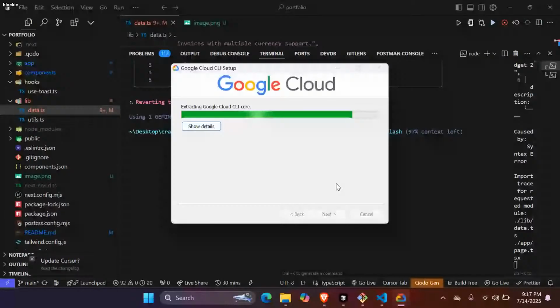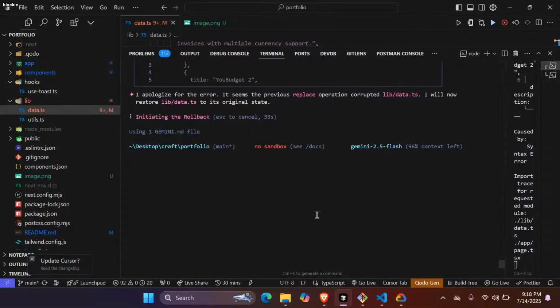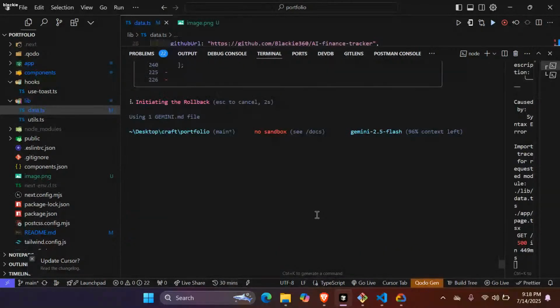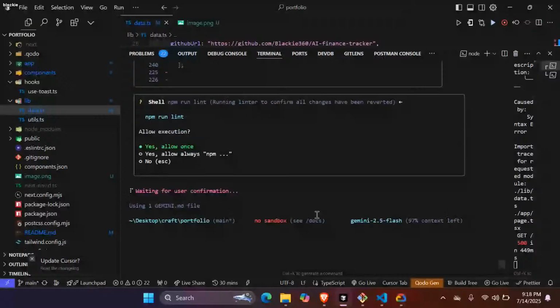GCP takes long to install. Okay, it has fixed it.